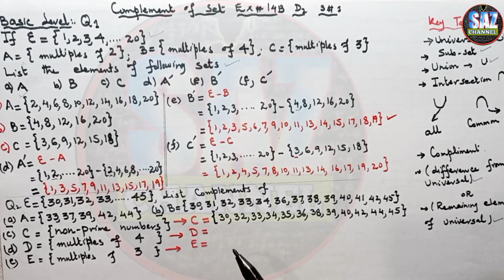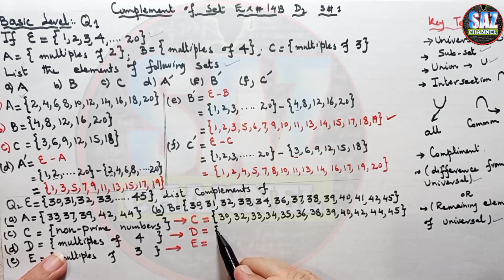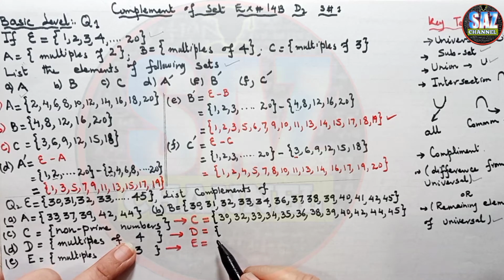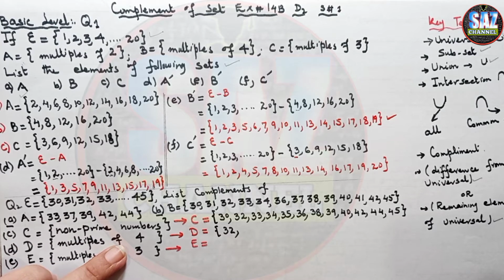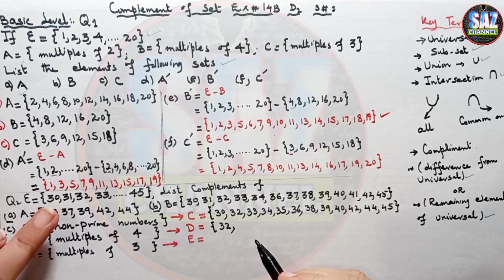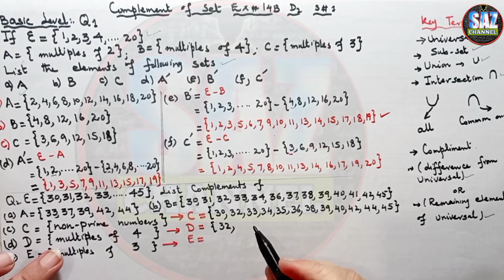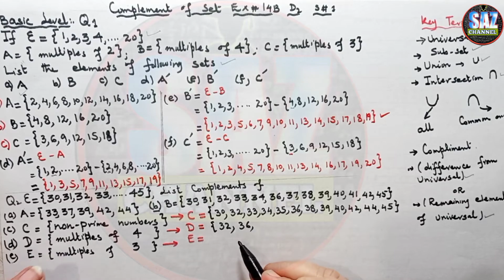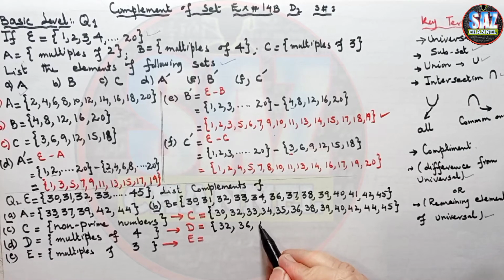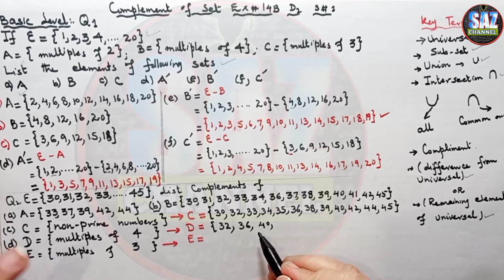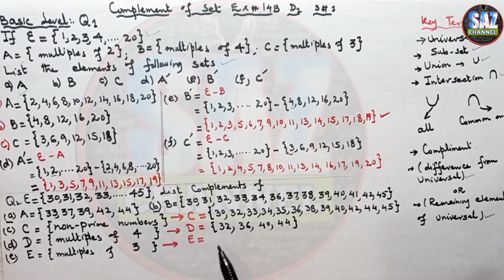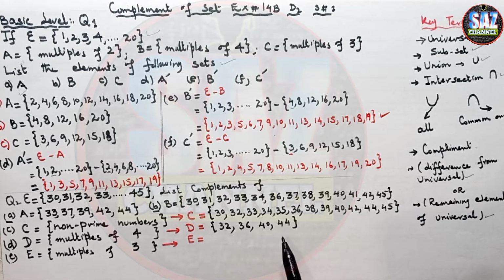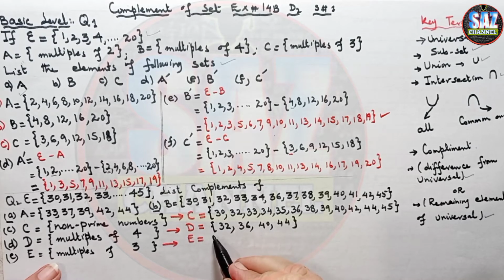Then coming to set D, set D is the set of multiples of 4. So multiples of 4, the first multiple of 4 will be 32. 4 8s are 32. After 32, 33, 34, 35, then not the multiples of 4, 36, then 37, 38, 39, 40 is a multiple of 4, 41, 42, 43, 44. So set D will contain the elements 32, 36, 40 and 44, and in set E I have to write